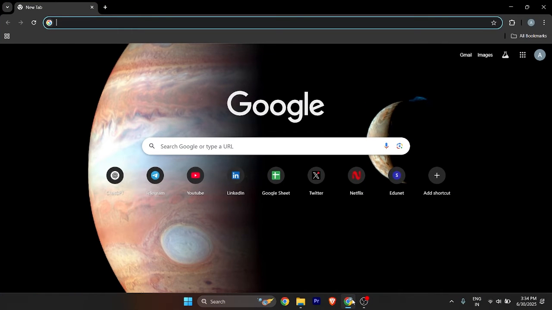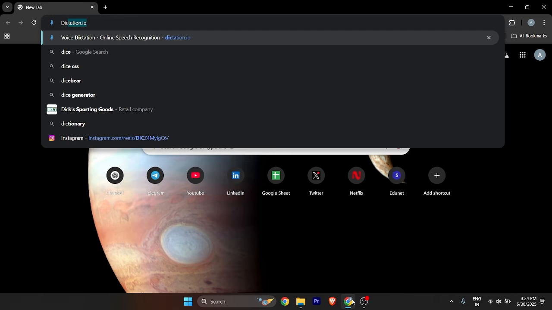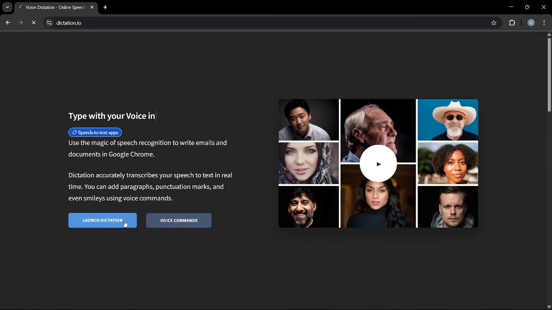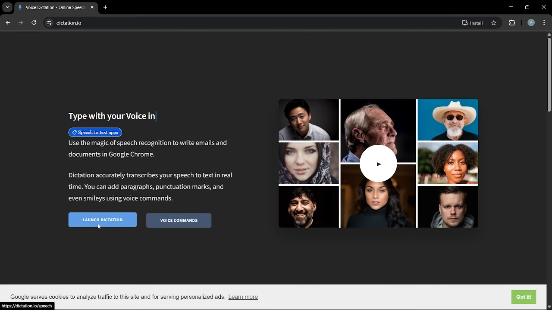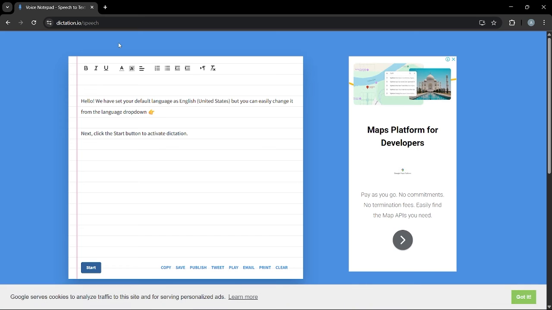So just simply open any browser you have, and search for dictation.io. You can see the right spelling over there. Once you write this URL, just simply hit enter, and be very precise with the URL. Here you have to just simply hit launch dictation, and once you do that, it may ask you for the mic permissions, and it will